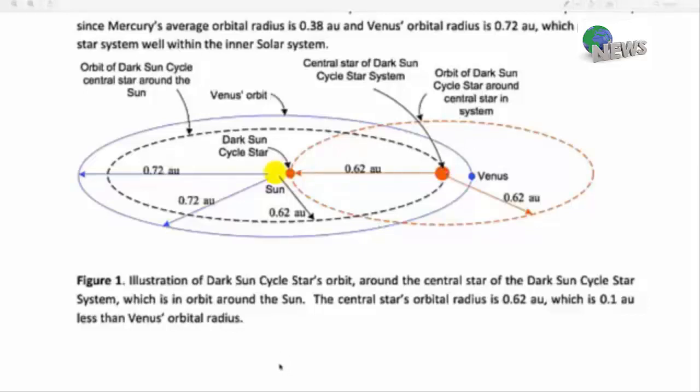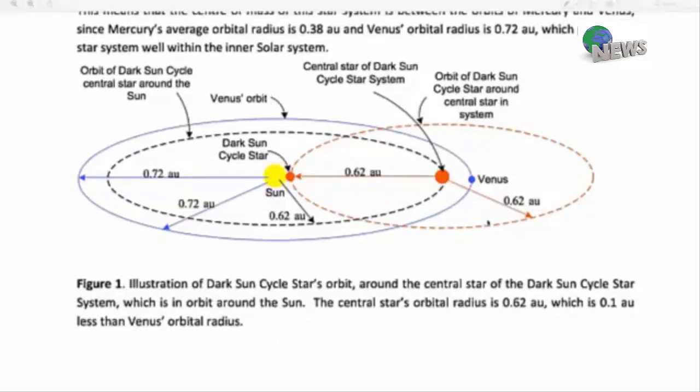Or not orbiting, but this is the illustration of the dark sun's star orbit according to the physicists around the central star of the dark sun cycle star system, which is in orbit around the sun. The central star's orbit radius is 0.62 AU, which is 0.1 AU less than Venus's orbital radius. So this is what's going on in terms of the center star of the dark sun cycle system in orbit